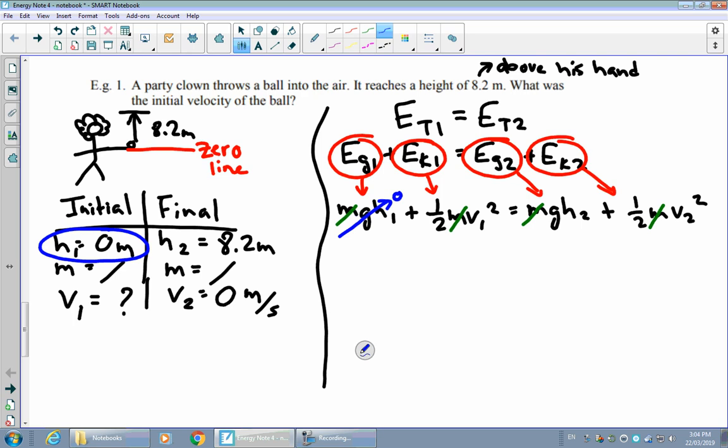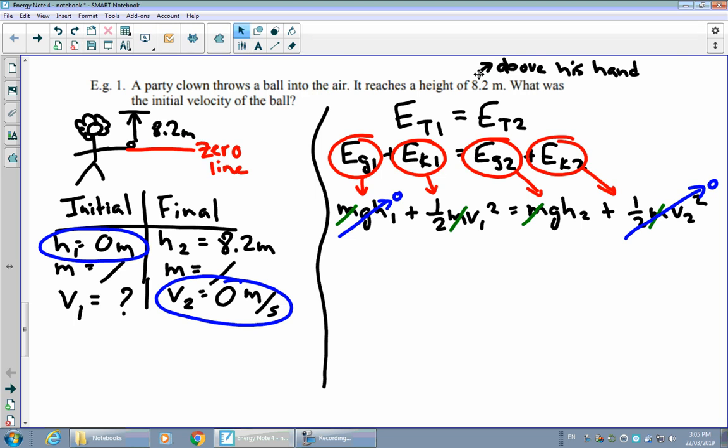For the same reason, if v2 is 0, any term that involves v2 is going to become 0 when I start plugging things in. So instead of even bothering to plug things in, I'm okay if you use that same little shortcut notation to just say it will go to 0 or become 0 when we begin to plug things in. And so both of those terms will completely disappear, not just the mass part, but all of them, as soon as we sub things in. So we don't even really need to deal with them any further in this question.